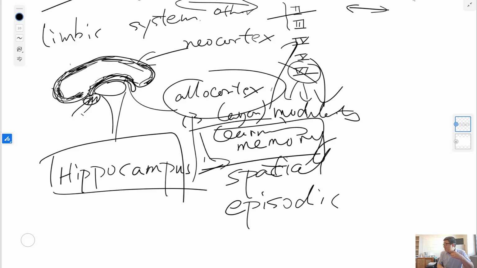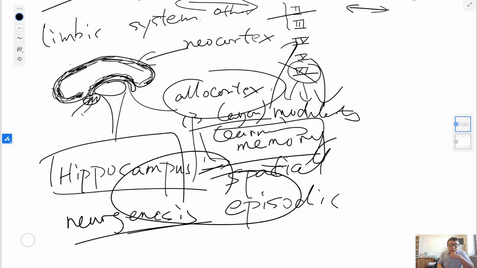And what else? One more thing is that the hippocampus is one of the few places in the brain that also has neurogenesis. It generates new neurons. Normally in the brain, no neurons are generated, but the hippocampus has new neurons. Altogether, it makes the hippocampus very vulnerable to damage. For example,